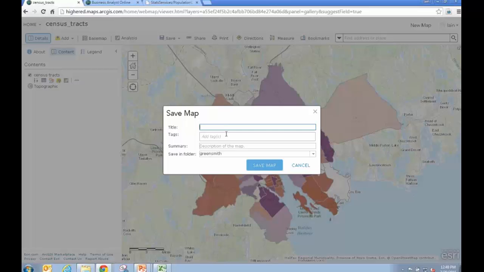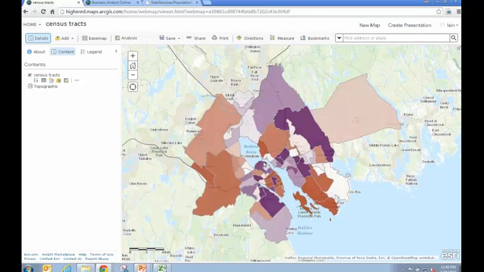So what we're doing here is we're creating another item within ArcGIS Online. Just give it a name. Give it the same tag as before. Tags just help you search for content within ArcGIS Online, whether that's directly within your subscription or if you're looking for something outside of your subscription. The tags are going to help you find that information. And the item you're saving is a web map. So it's an additional item